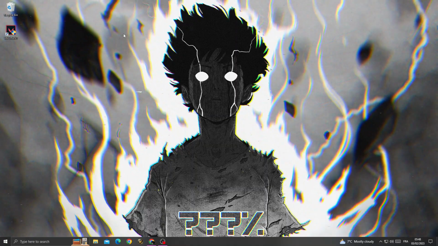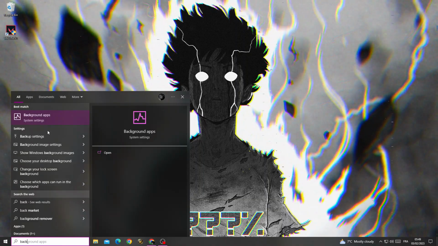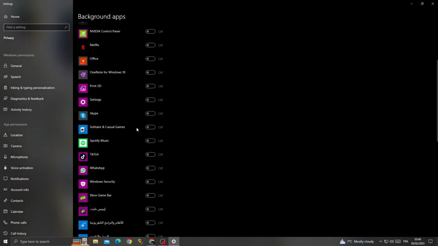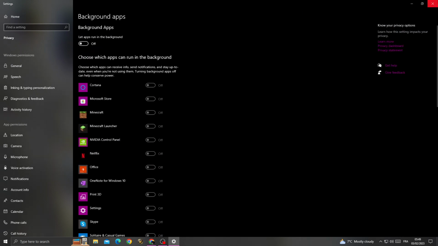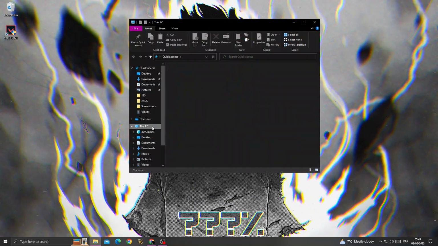How to fix Valorant stuck on loading screen isn't quick. It's an easy problem, and if you want to fix it, all you need to do is type here background apps and then turn off the first option. If you want to turn off all those background apps here, now go back and now open Riot Games folder,